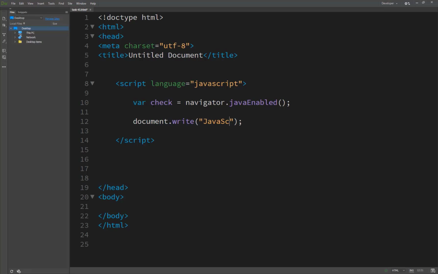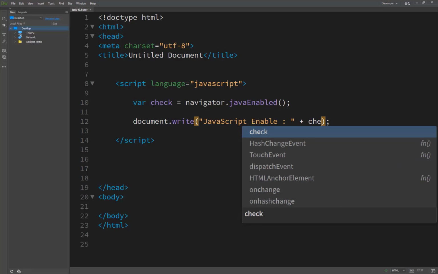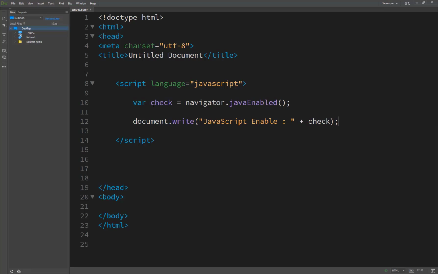Then we print the message plus concatenation with check. I already told you before that this method returns true or false: true when it's enabled in your browser, otherwise false. So here we start and check our results in our browser.